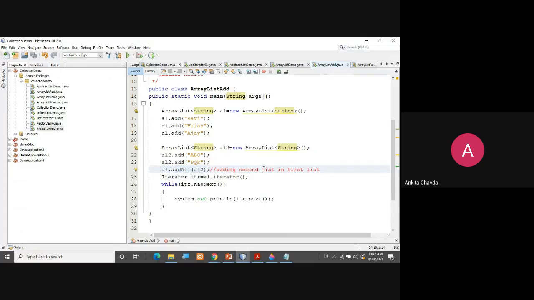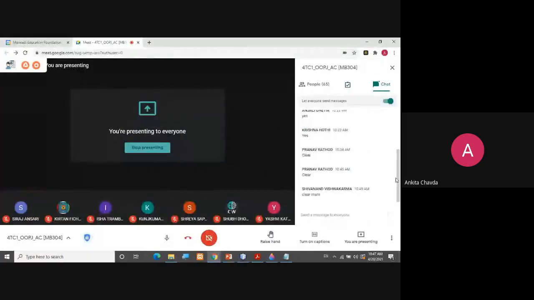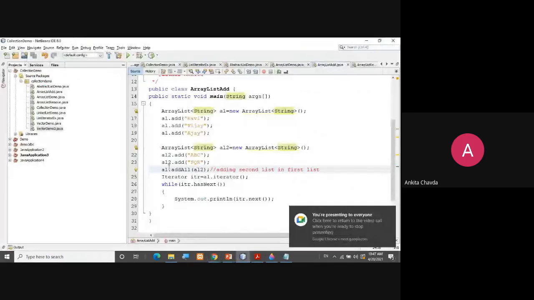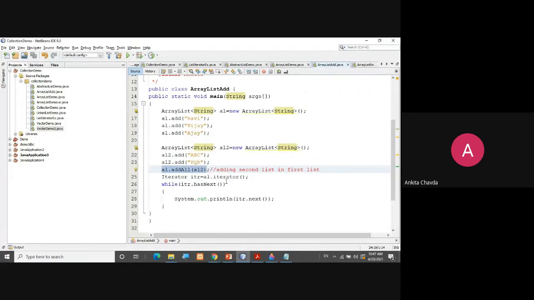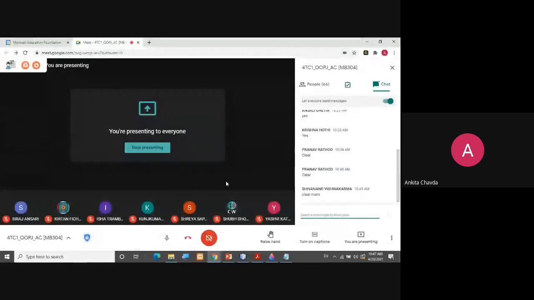Now if I wish to reverse it, what do I need to write? If I wish to do reverse, after the second ArrayList I want the first one. Then what do I need to write here?